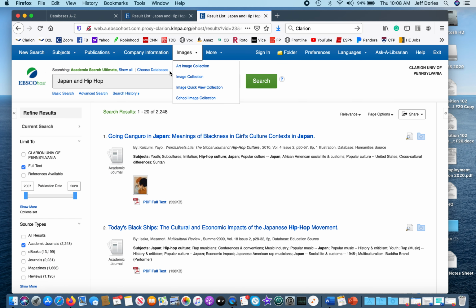So like in this case, you might want to switch to Japan and music, or Japan and contemporary music, right? And then look for hip hop within that. But for now, try your other keywords if that first one gives you 0 results,